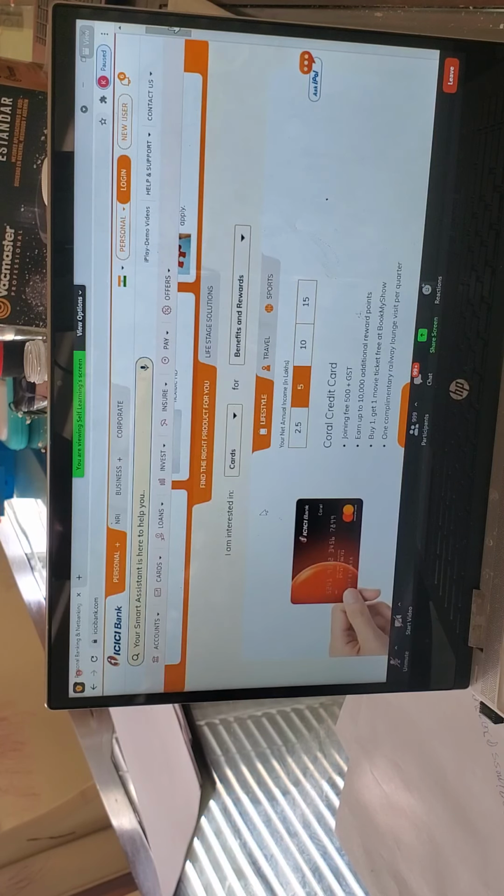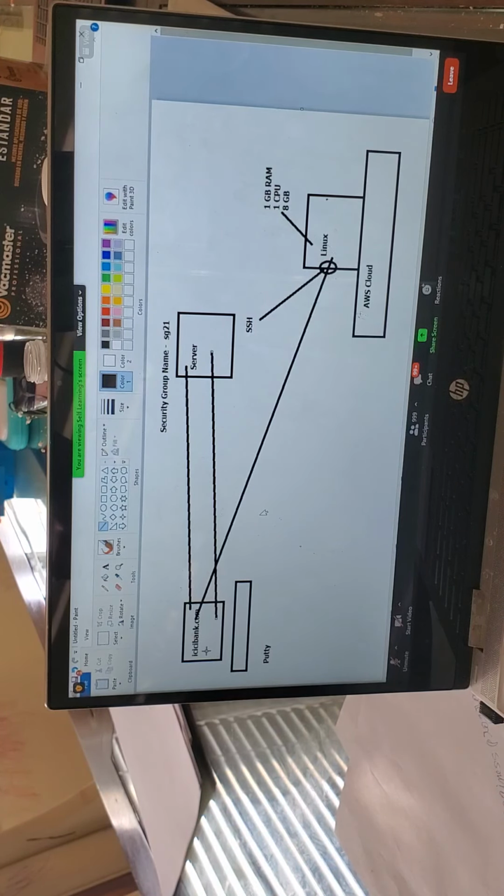Web server is simple. From my laptop, if I open ICICIbank.com, I get the web page. From where? From the web server. A web server is something like a computer which is running 24/7, because every customer should be able to access the page at any time. Not only me, you may be in Hyderabad, you may be in the US, you may be at any location. If you also open ICICIbank.com, you get the same page. That means the request goes to the same server.